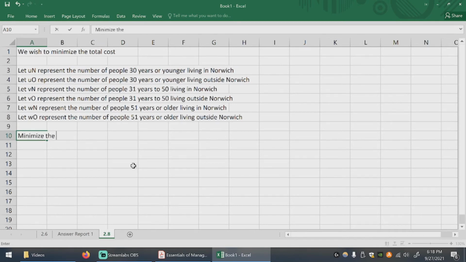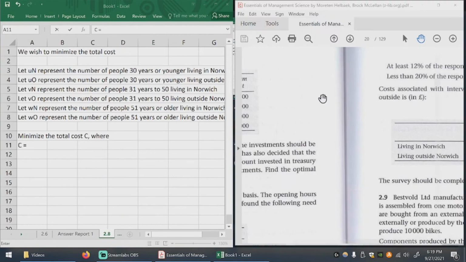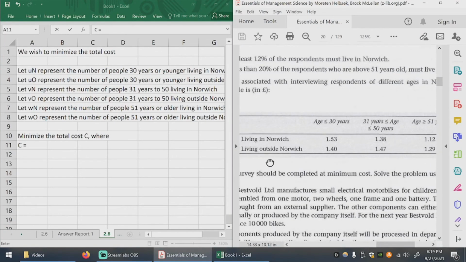Minimize the total cost. Let's call it C, where C equals... I don't know. Can I minimize this? Not that small, that's way too small. There we go. See the table next to it. Beautiful. Okay, C